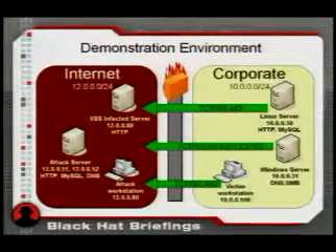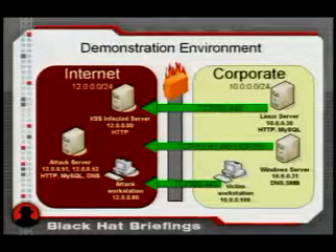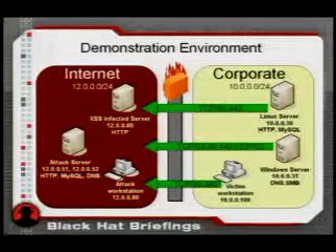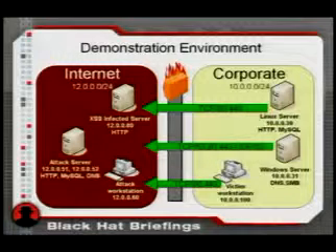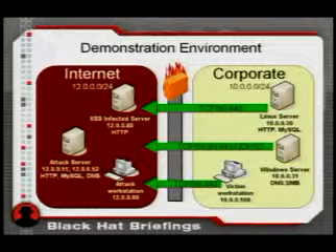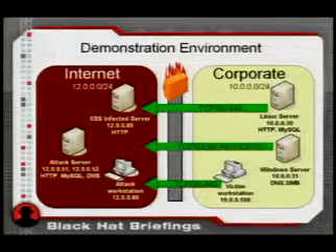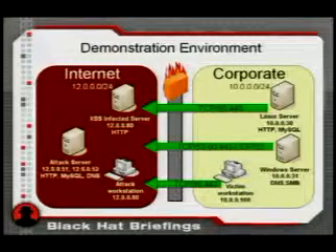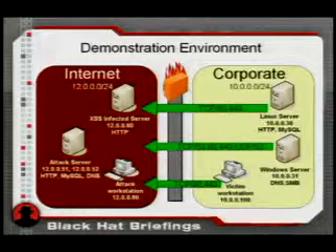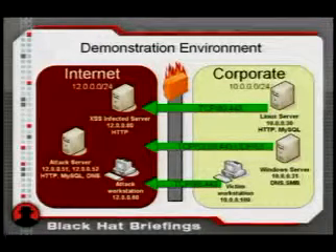This is a representation of the demonstration environment. It's a fairly realistic scenario for most corporate networks. The internal network is using private IP space, separated from the internet by a firewall. The firewall allows no inbound connections from the internet. The only outbound connections allowed are on ports 80 and 443 for web traffic, and DNS is allowed out from the internal resolving DNS server. Of course, a lot of corporate environments use proxy servers, which doesn't necessarily break anti-DNS pinning attacks, and in some cases can even make them more powerful. That's not going to be in this demonstration, though.